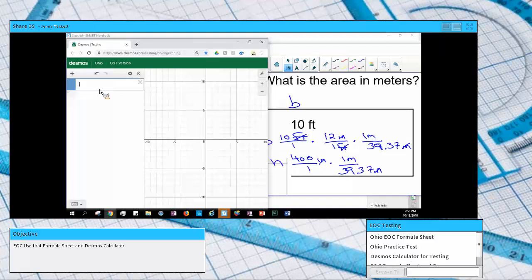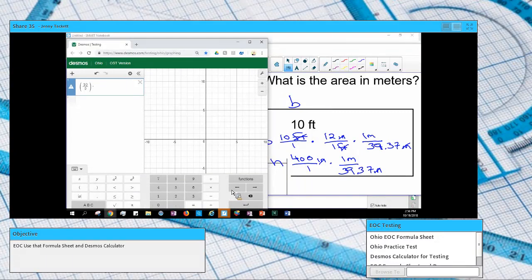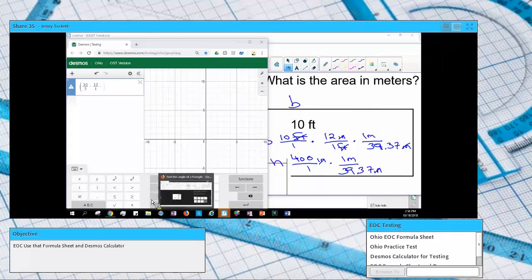So I know that my formula is base times height, and I can literally key in 10 divided by 1 times 12 divided by 1 times 1 divided by 39.37